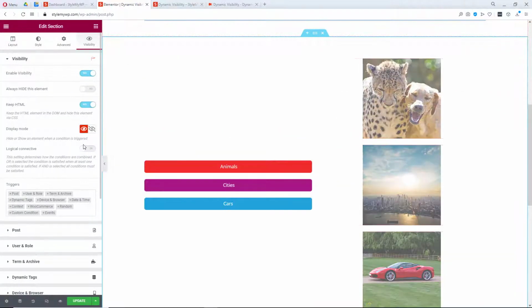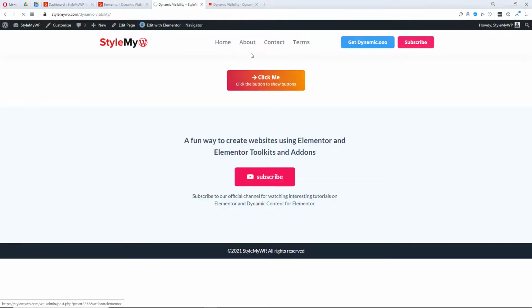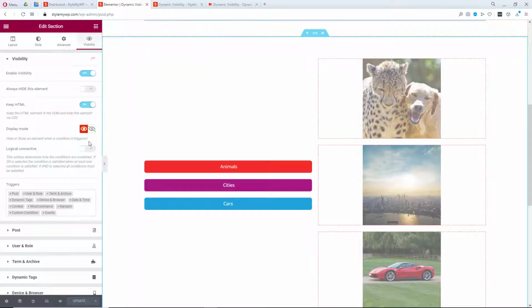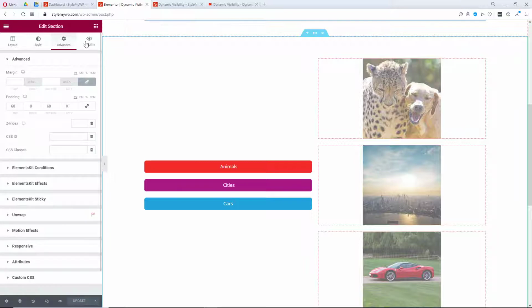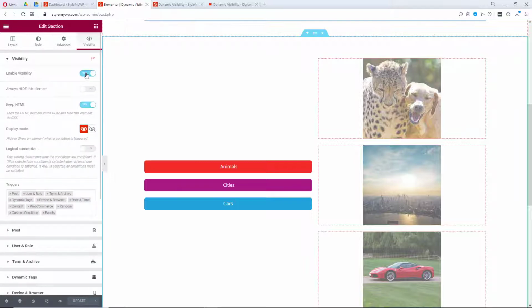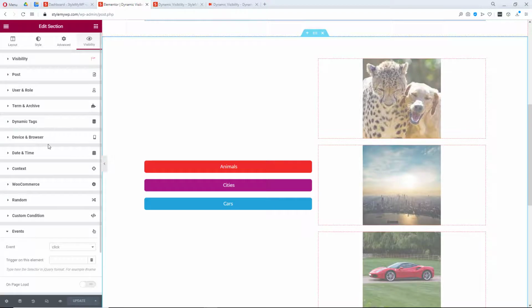So we'll need to keep this, I guess. Just a second. It didn't appear yet. So I'm going to close its visibility.